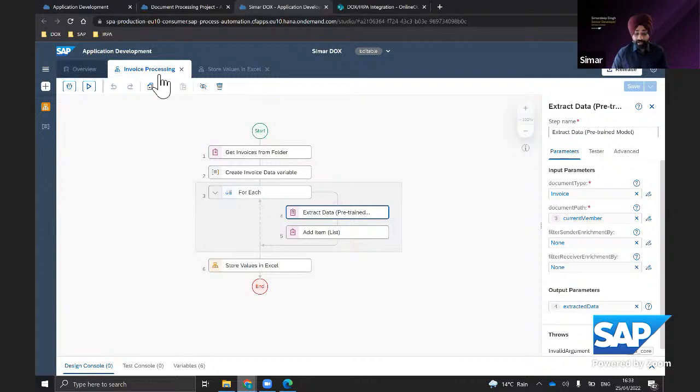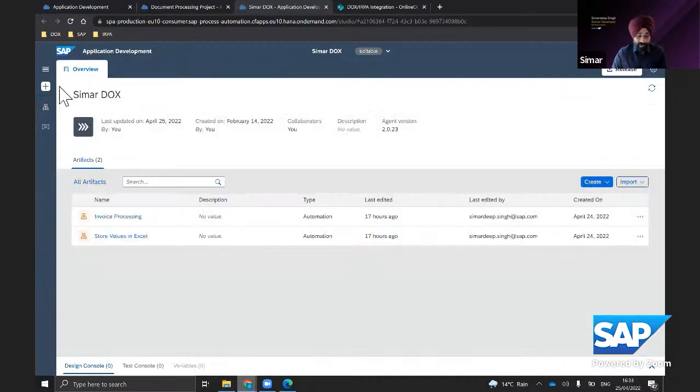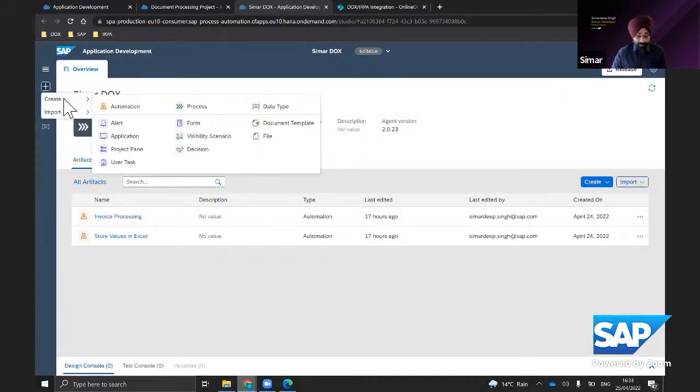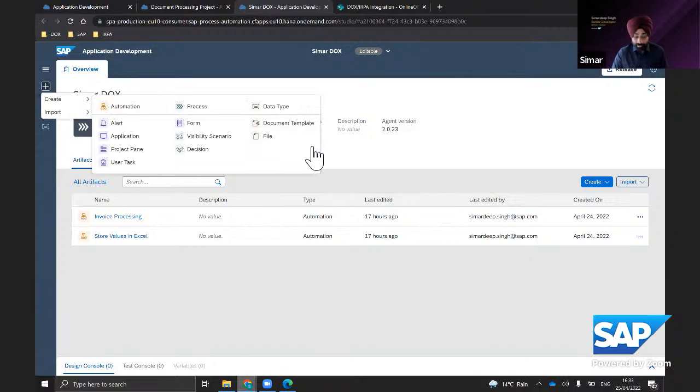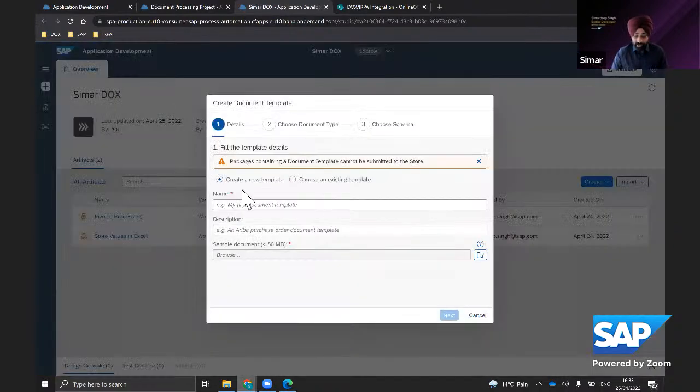The solution is called templates. So let's create a template to solve this problem. I click on plus create, and then I go to the document template. Here you can create your template, or you can train, or specify which fields you have to extract. I already created a template which I will grab for you.